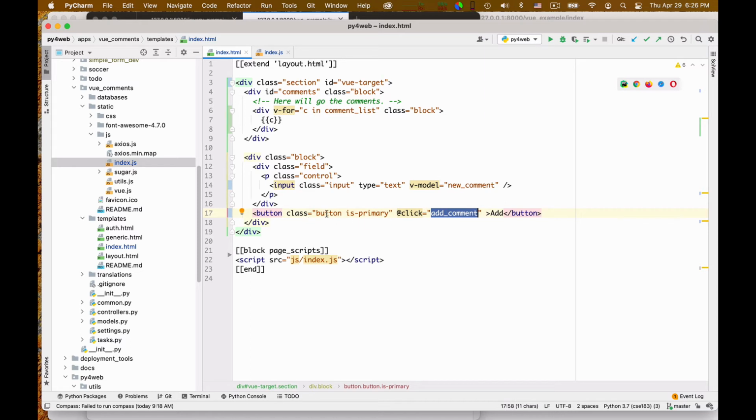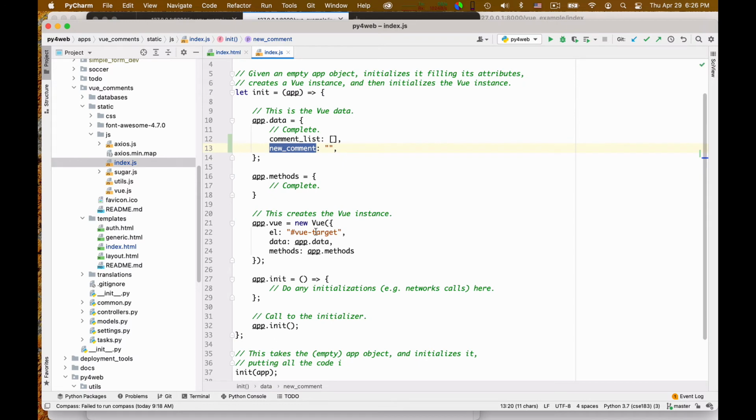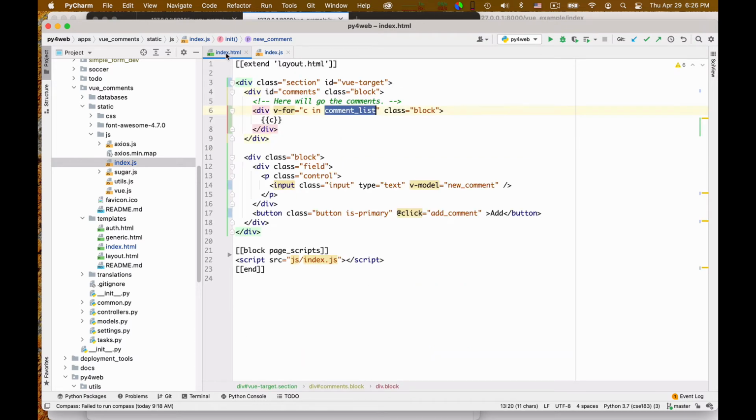So I want that every time the button is clicked, add comment is called. What is add comment? Well, we have seen that new comment and comment list are variables that are kept in correspondence, right? They are kept here. Comment list and new comment. Instead, add comment is a method.